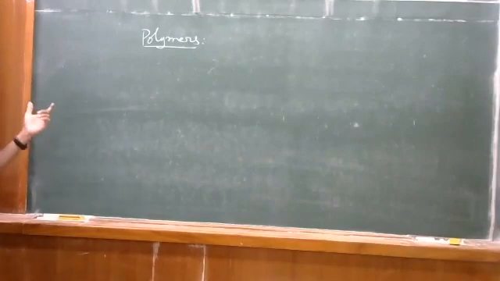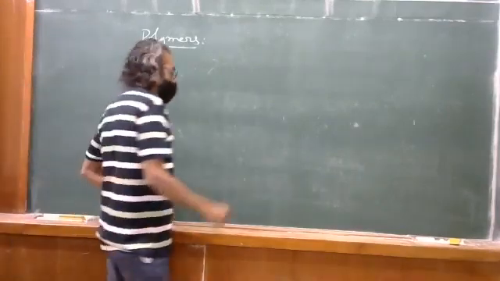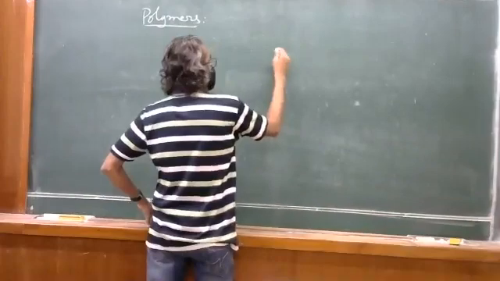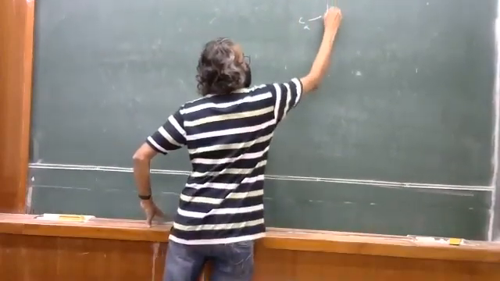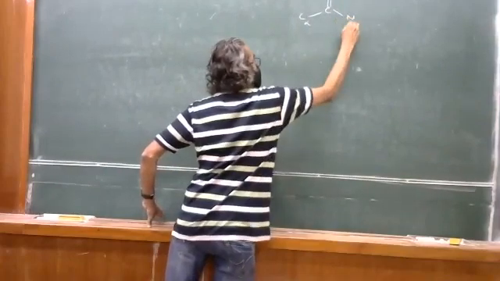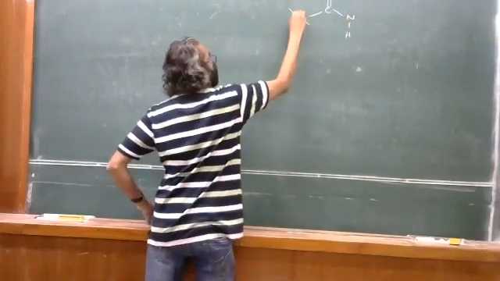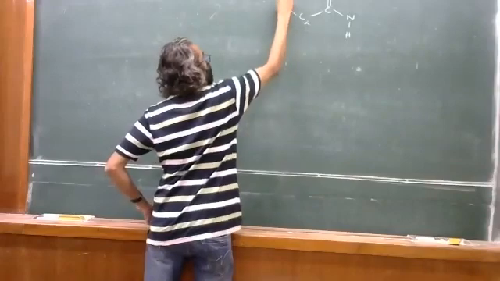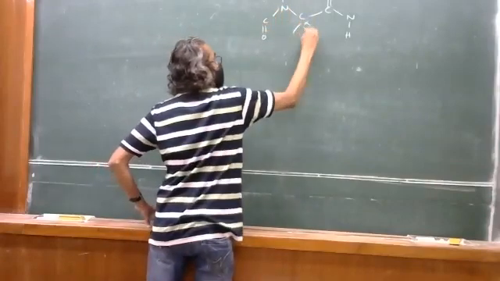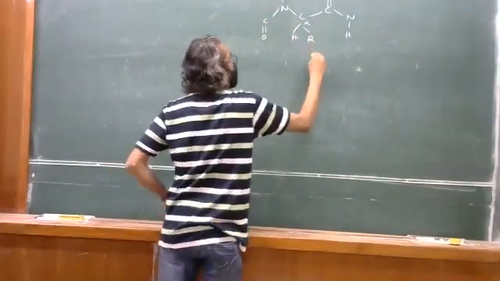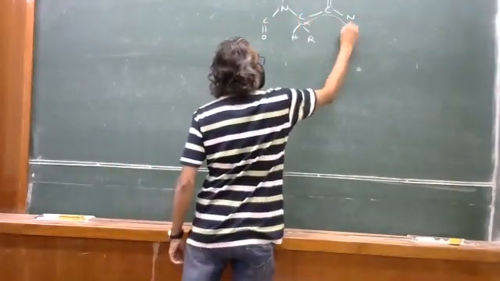So if you see the backbone, the backbone is actually constant and it is a true polymer, right? So you have a C alpha, then you have NH on this side, and CO on the other side. Okay,